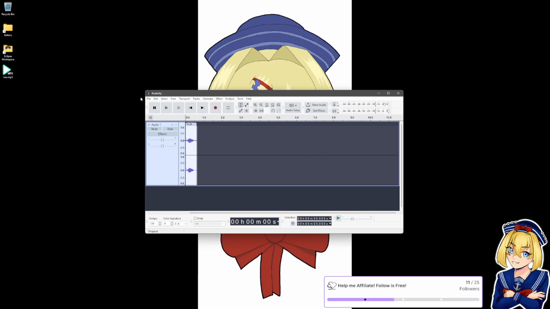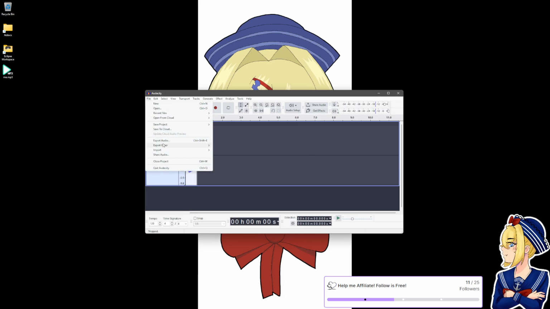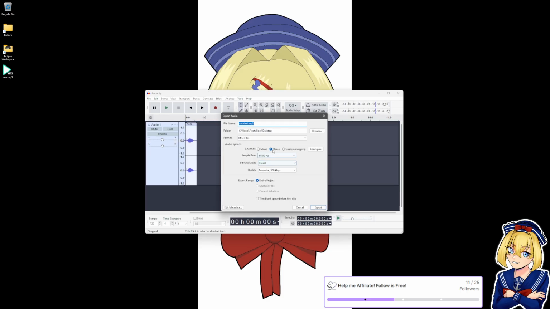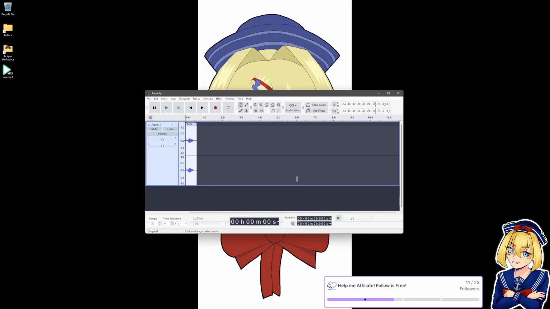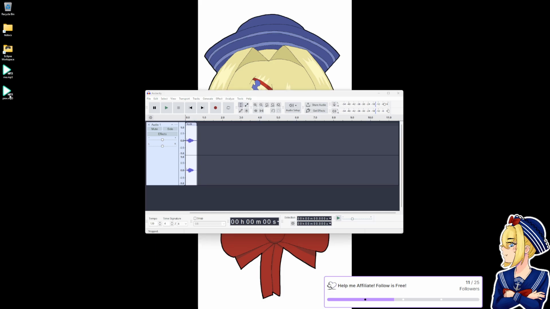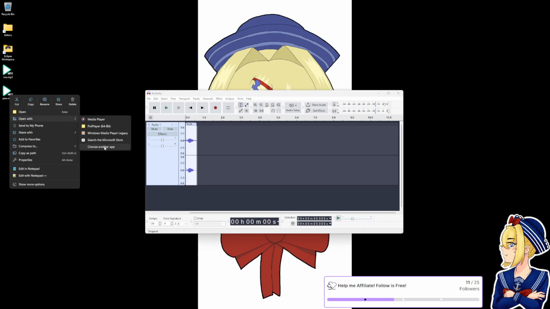And let's export that. So export audio. I will call it pew, on the desktop. Okay. Trim blank space before first clip. That sounds cool. That sounds like it would cut all the way up to the beginning of the sound. Let's try that. That sounds awesome. Open with.